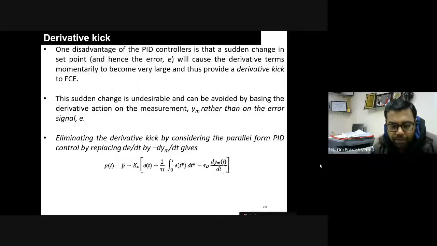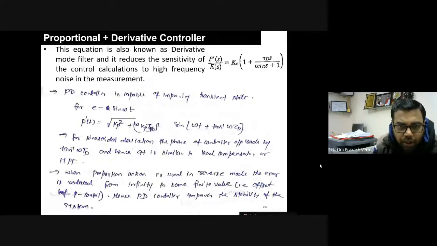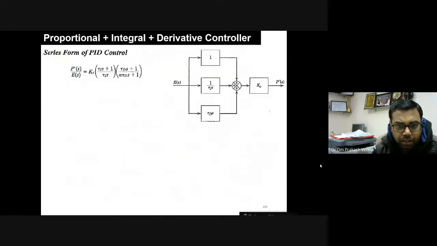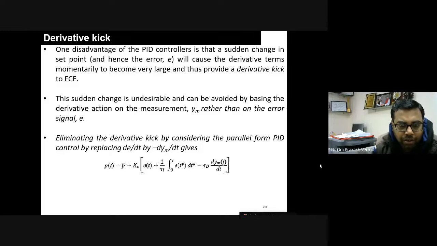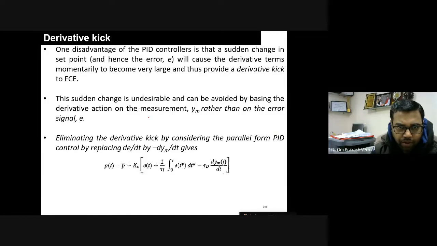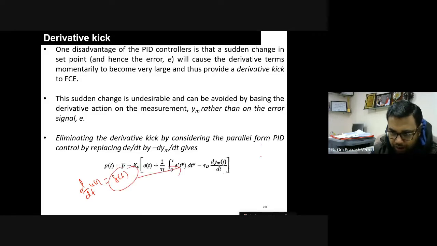तो हम लोग फंस गए थे जहां पर मैं बता रहा था कि ये ऐसा हमने क्यों लिया है। डेरिवेटिव किक को एलिमिनेट करने के बाद द मेथड, राइट? So at that point we have, yes, in this place you can see derivative kick generally comes from dy by dt of ut. It will give the delta t, and delta t means a very high value is provided within a very small time, right? So such type of problem will come.